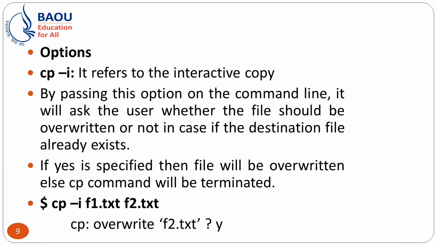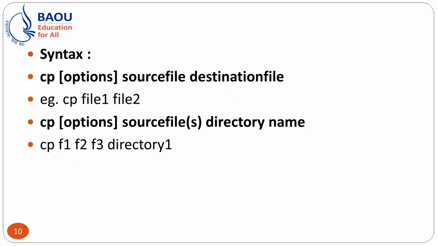So you can see on your screen basically cp, then after the I option, then after f1.txt, f2.txt, here it will ask for overwrite. If you are entering yes, then it will copy, or you can say that it is overwritten, right? Second thing, till now we have seen the source file, that is only one,